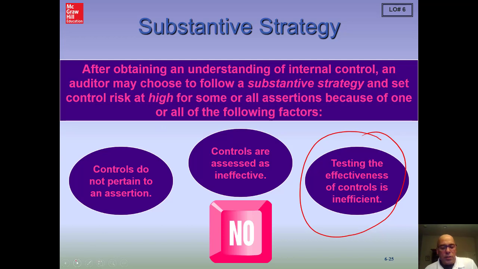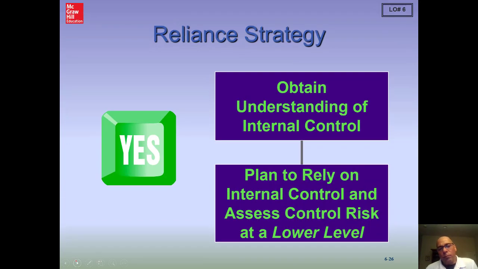Okay? Now, usually, if an auditor goes through that step one, the way I've defined it, which is obtaining the understanding of the controls, evaluating the design, determining that they've been implemented, and we always have to do that, then the auditor may decide to rely on those controls. And if that's the case, then we're always going to have to assess our control risk. So this, I don't even know why they have this yes here. We always have to obtain an understanding, assess control risk, and if we decide to rely on the controls, then we would have to test the operating effectiveness of the controls.